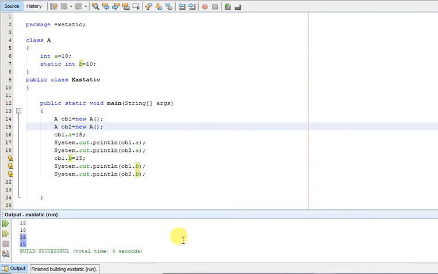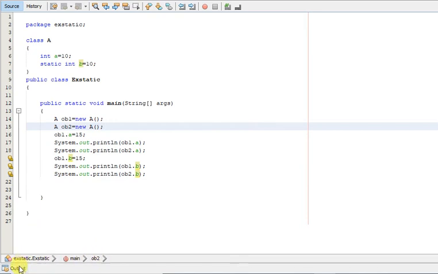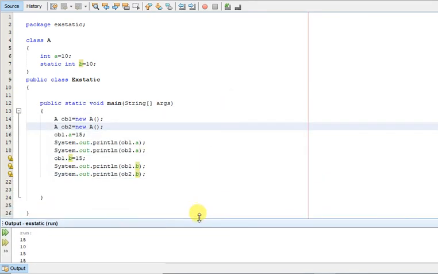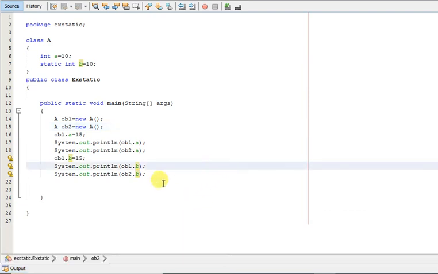Okay, you can see 1510 and 1515. So this is the static variable.